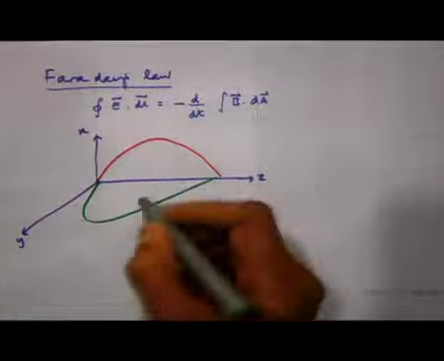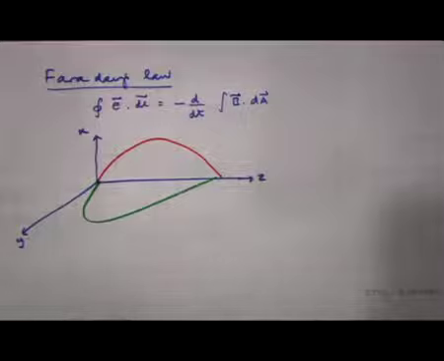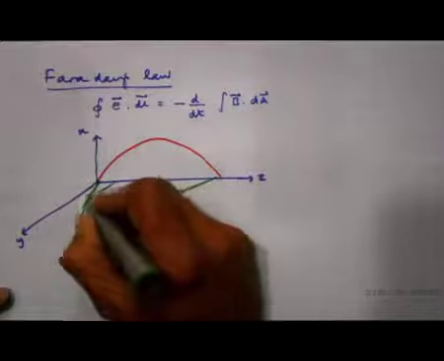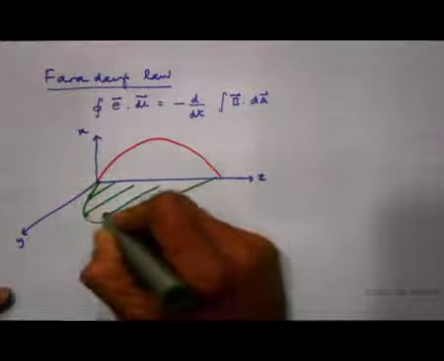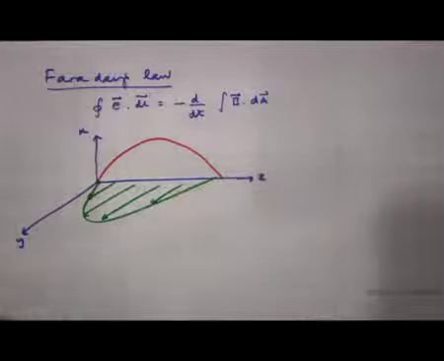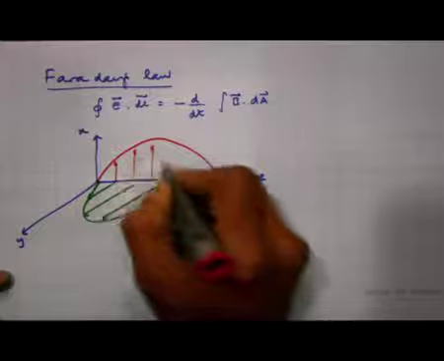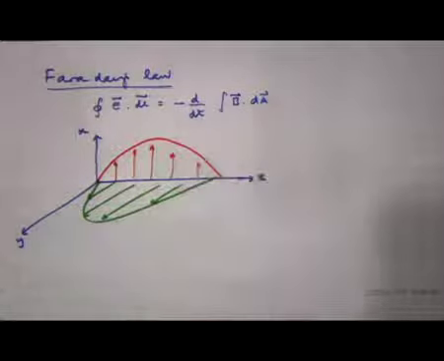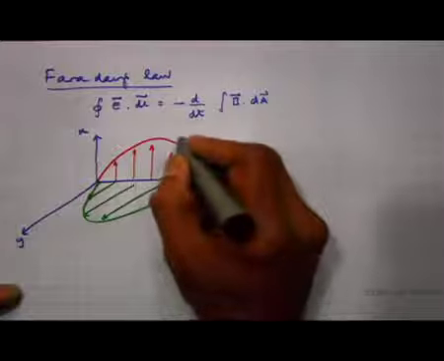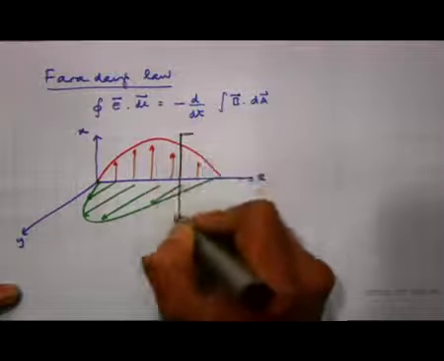I am just looking at a part of the wave, and let me draw again here. The magnetic field lines are pointing like this at this instant of time, and the electric field lines are pointing upwards at this instant of time. Okay. Now, what I want to do is the following. I want to consider a loop here,